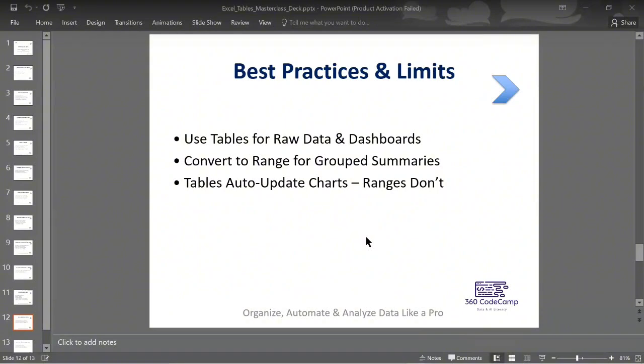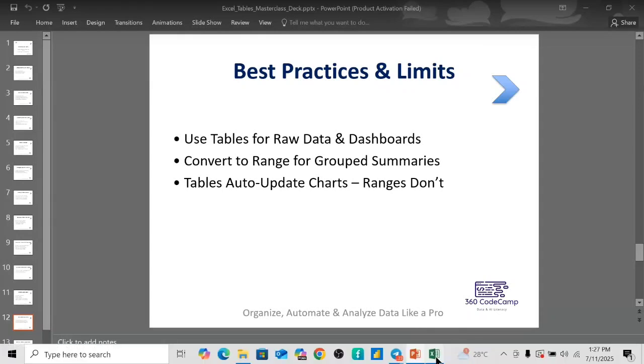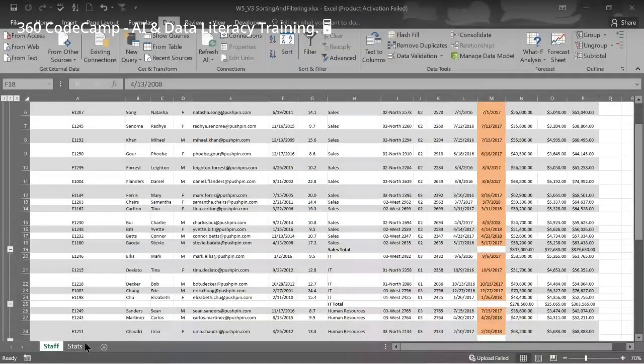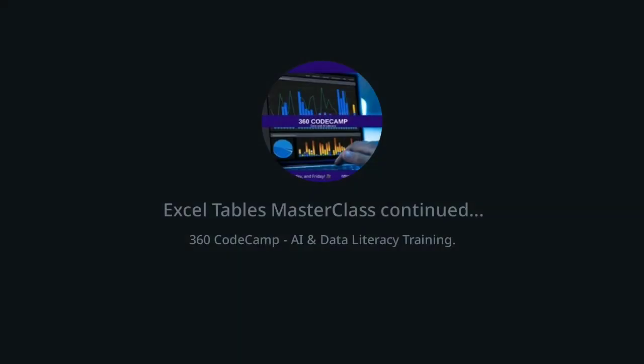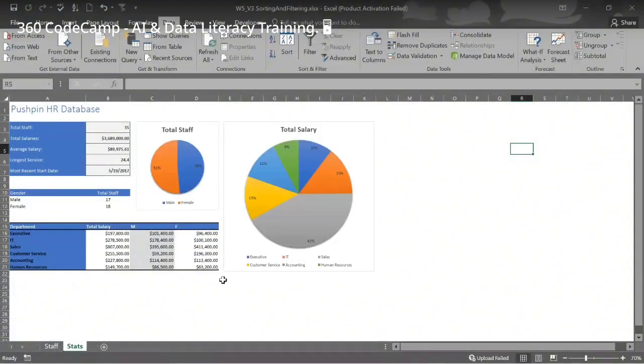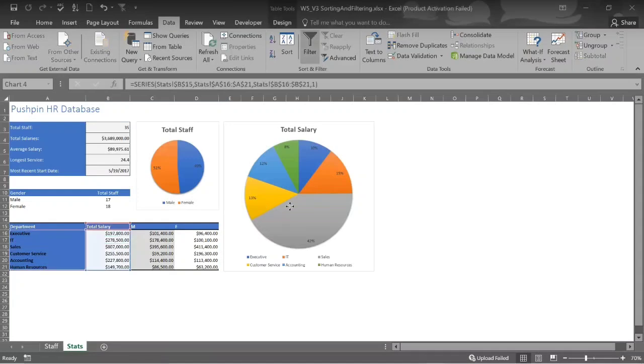So for instance, what is this talking about? Let me see if we have charts. Okay, yeah, we have some charts. Let me click into this chart here. This chart is actually created from this data here. So if I want to convert this particular data to a